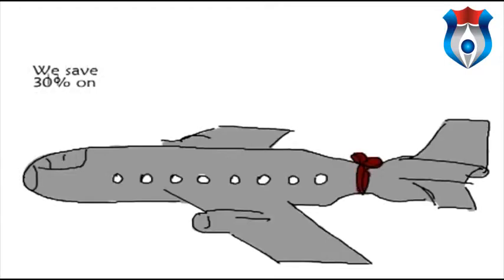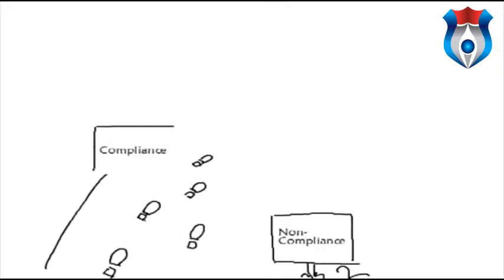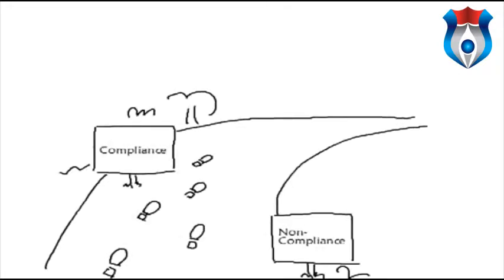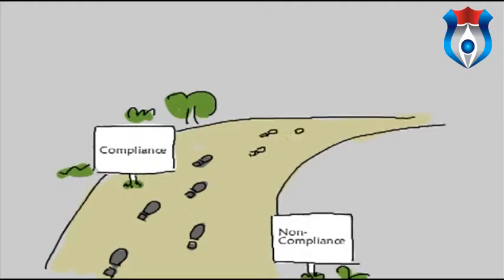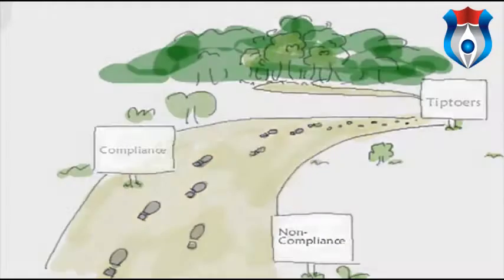Some companies realized they could save money by using less energy and materials for their products and services. These companies were starting out on a new stage of the journey by choosing to do more for the environment than the law required. They were taking their first, cautious steps towards sustainability. We call them the tiptoers.